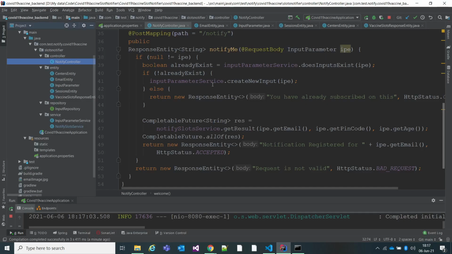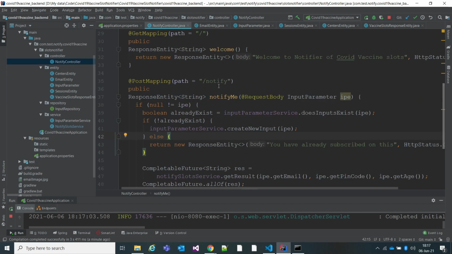Once an Axios post request is triggered from the UI side. If you remember, there was a localhost 8080 slash notify URL I have hard coded. Localhost 8080 is the default one, slash notify. It will be a post mapping, as I have done the post request from Axios.